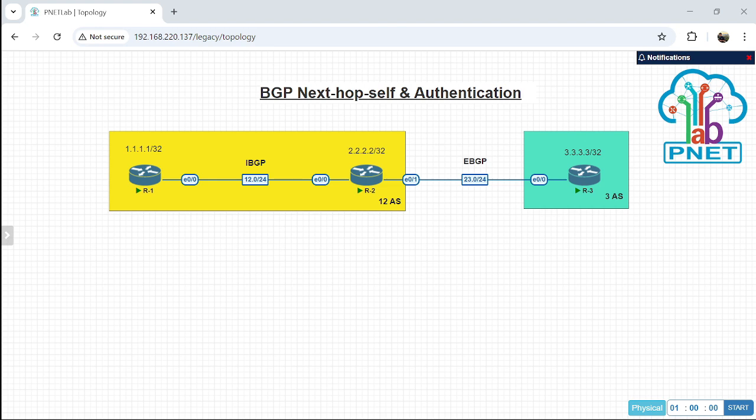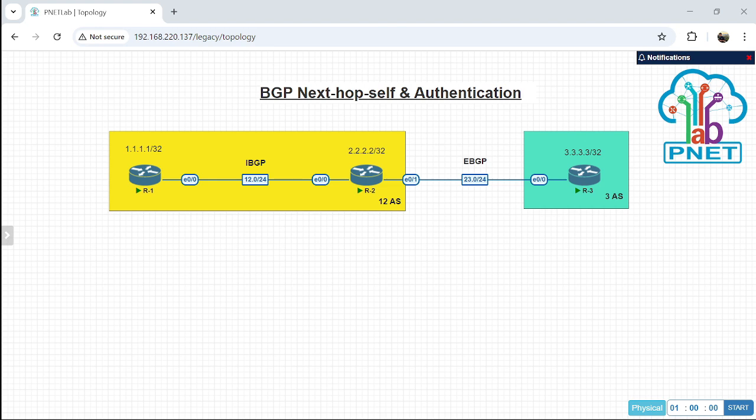Router 3 still uses AS3, and router 1 and router 2 still use AS12. But first, I want to remove BGP on every router, and then I will create BGP again.